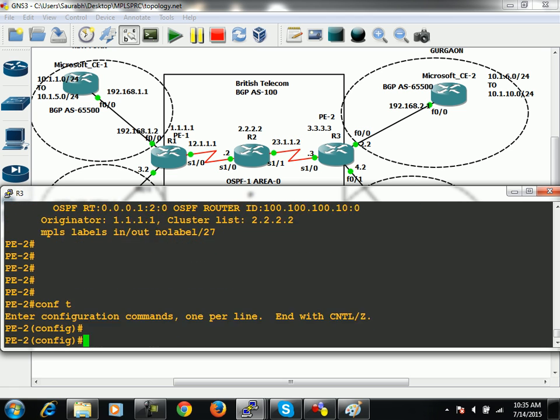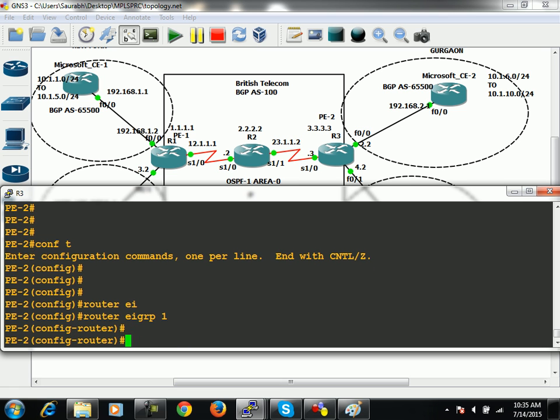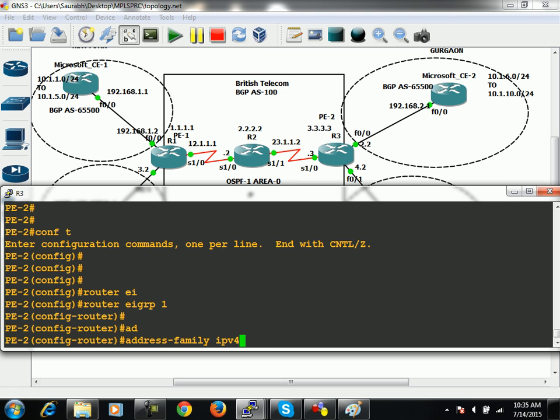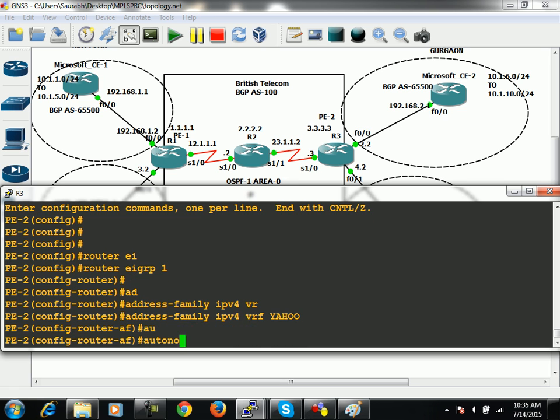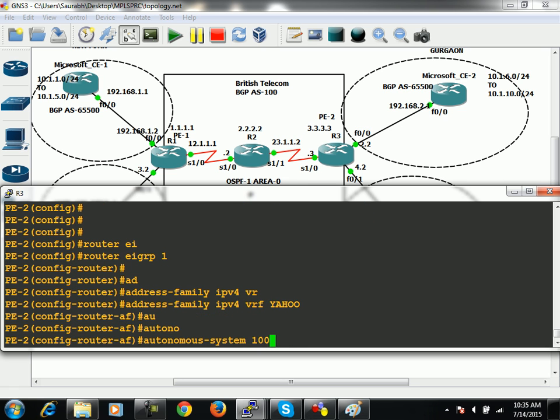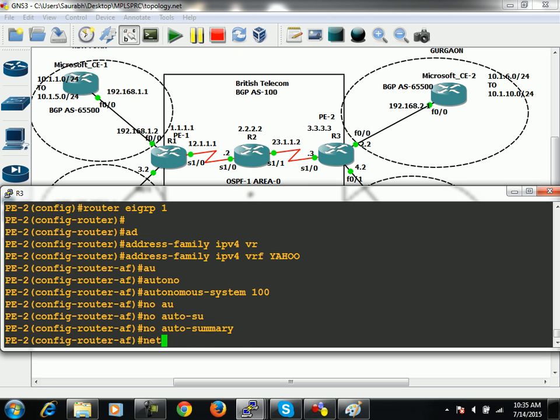PE2. Router EIGRP, we have to configure EIGRP for VRF Yahoo AS 100, but globally you can take any AS, like I took one. Say address family IPv4 VRF, name is Yahoo, define your autonomous system now. That must be same as your neighbor. Not a summary. Network